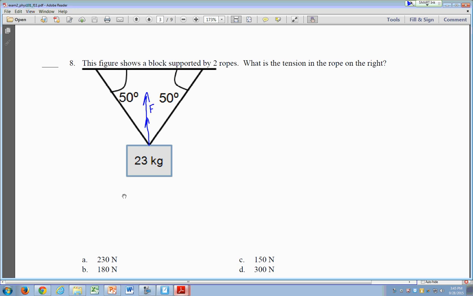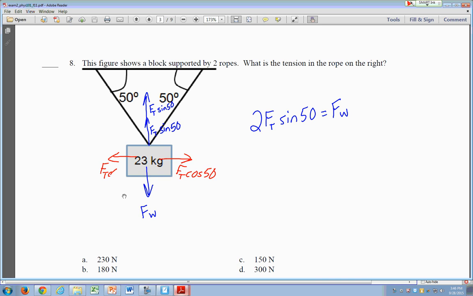This is going to be Ft sine of 50, Ft sine of 50, and then I have the weight, and so I just say 2 Ft sine 50 equals the weight. Now there's a whole other thing that we sort of left out, where we have the x components, Ft cosine 50, Ft cosine 50,